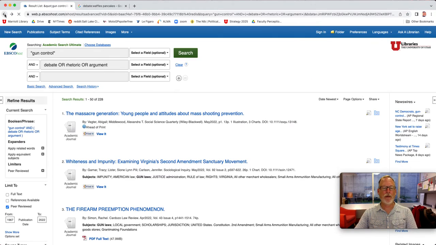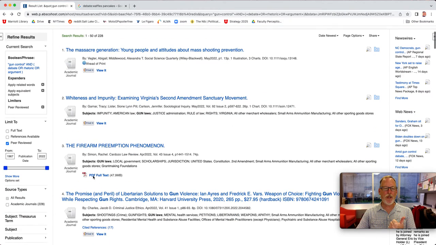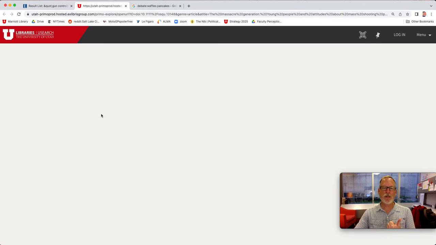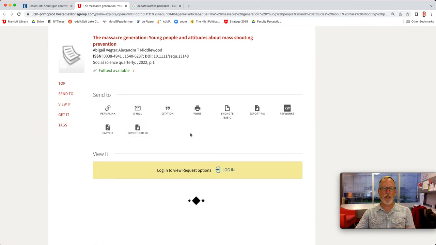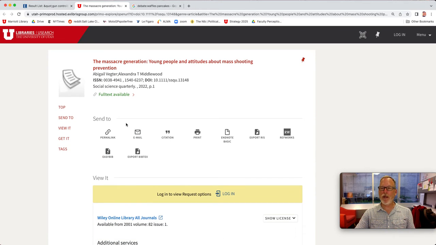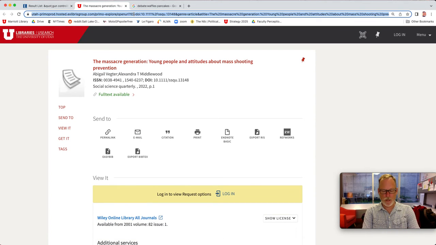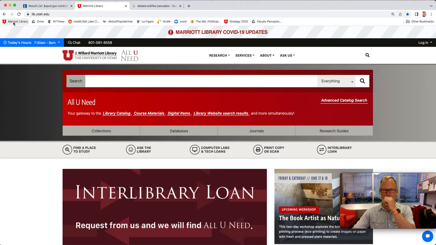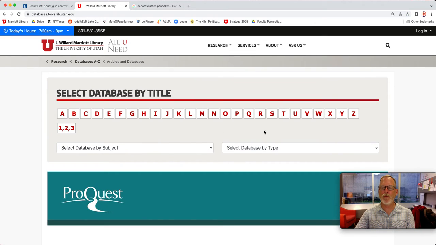Oh, by the way, for those of you if you missed it, you can get PDF full text. But if you can't get it, you click on the View It, Find It button, and it'll send you to links or the article or this page where it'll say, look in this database. And you just click on that and it'll send you to the article. If you get stuck on any of that, just send me an email at dale.larson@utah.edu. Okay, let's do that last database. The last one, the most important thing.